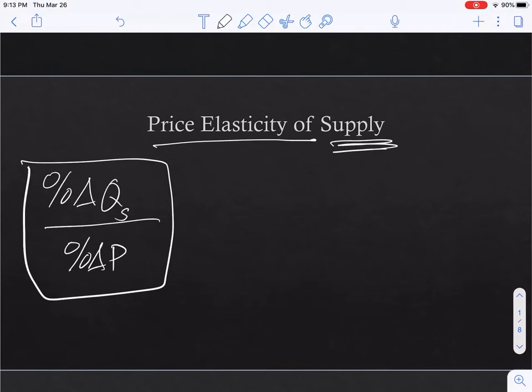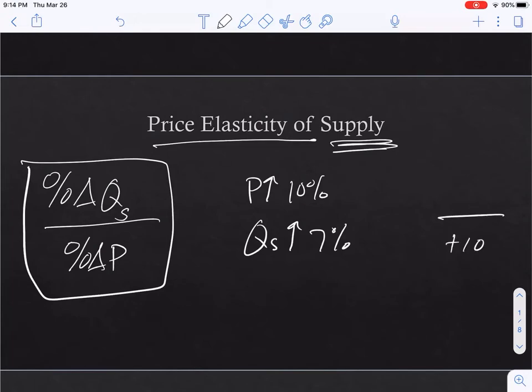But really, it's about putting the numbers in the right order in the fraction and then interpreting the result. So if I told you that price goes up by 10% and the quantity supplied goes up by 7%, then you should be able to calculate the price elasticity of supply. You're going to say, all right, increase in price, that goes in the denominator, right? So you get a plus 10 down here. The percentage change in quantity supplied, that's the plus 7 up here. And so you get positive 7 over 10, and that equals